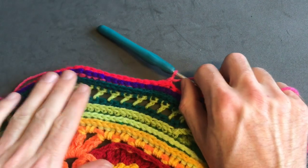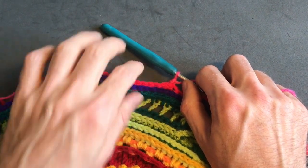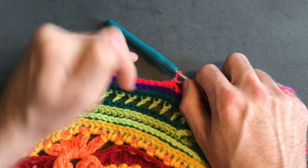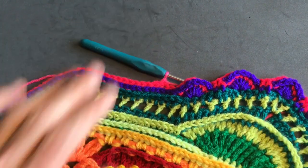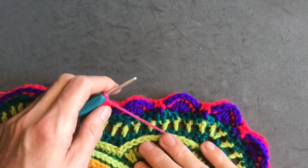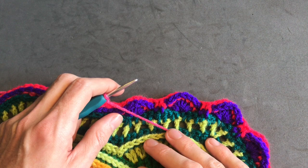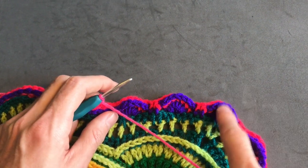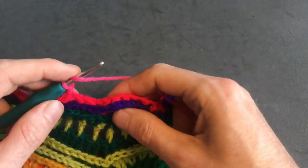So basically it's a way of skipping over this entire area. We're not going to build it up anymore on this part for this row, but we will now be building a bit higher on these fans. So on the fans, we're going to do a double crochet in each stitch, and on this top fan we will change a little bit. So what we're going to do is